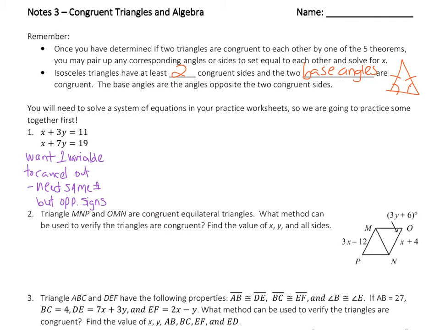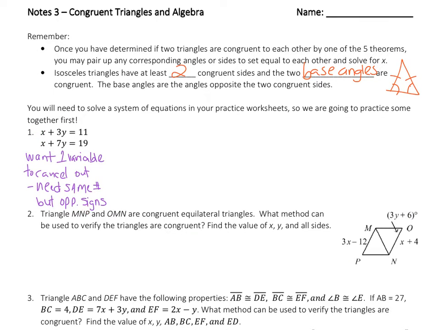When we look at number 1, we can either look at the 1 and 1 for our x or the 3 and the 7. If I wanted the 3 and the 7 to be the same number, I would have to make both of them a 21. That would mean I'd have to multiply the top one by 7 and the bottom one by 3. But if you look at the x's, we can see they are already the same number, so all we need